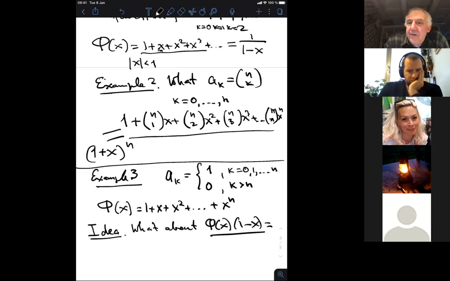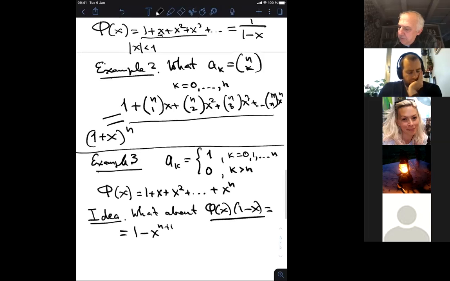What do we get? It is 1 minus x to the power n plus 1. Yes, exactly. So the answer would be 1 minus x to the power n plus 1, which means that our phi of x